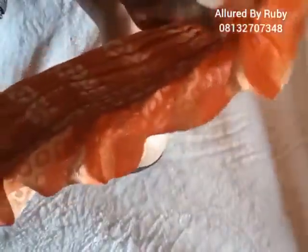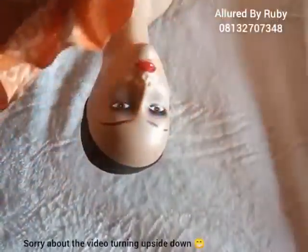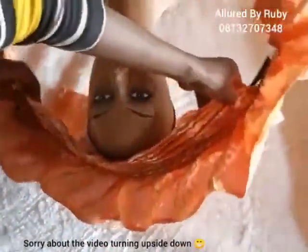Okay, welcome back, dear creative, and this is our beautiful fan Auto Gele. So I'm going to show you how to style this Auto Gele on yourself or on your dummy. Okay, so just put it in the middle this way, push it backwards,